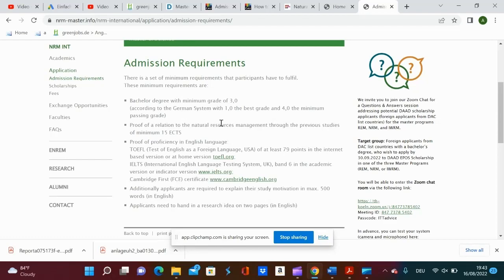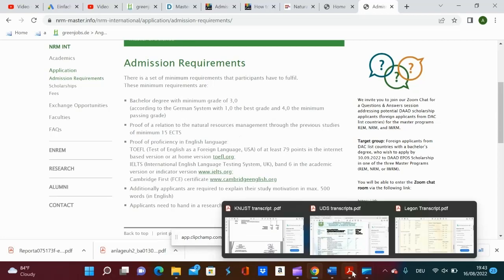Okay, so in the last video, some of you guys were asking me how will you check the maximum and minimum grade of your universities? So every university has the explanation of their grades, right?